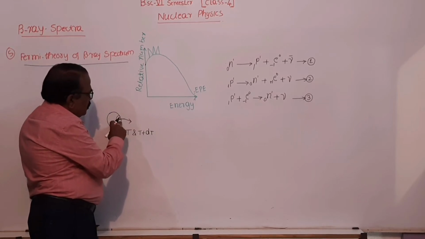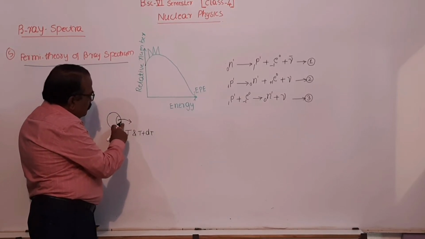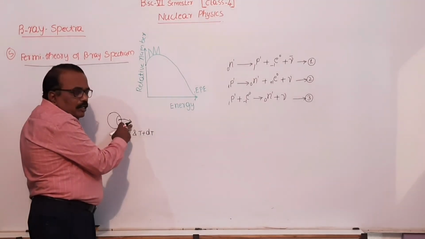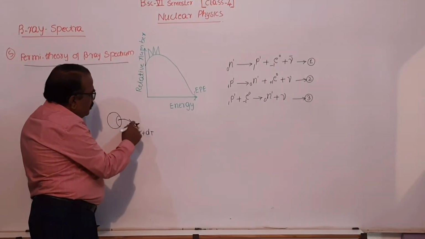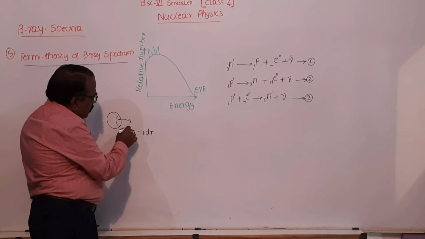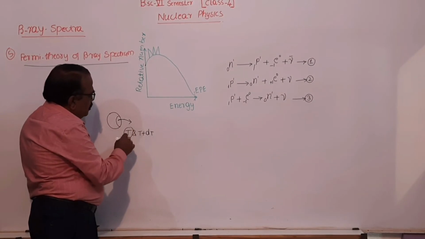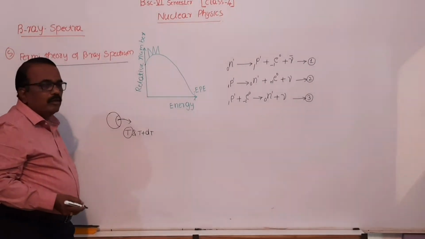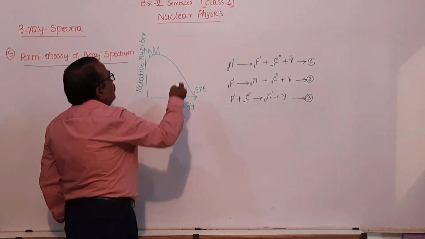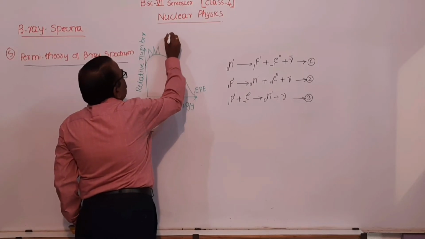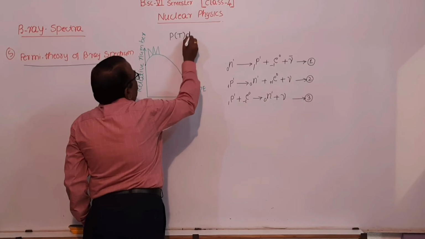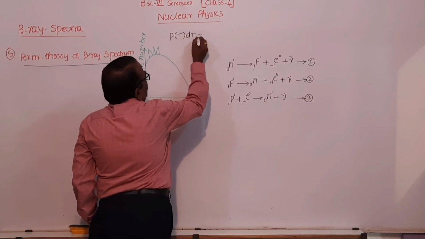The fraction of the radioactive nucleus disintegrated per unit time, emitting beta particles with kinetic energy lying between T and T plus dT. This fraction is represented by P(T) dT, which is equal to